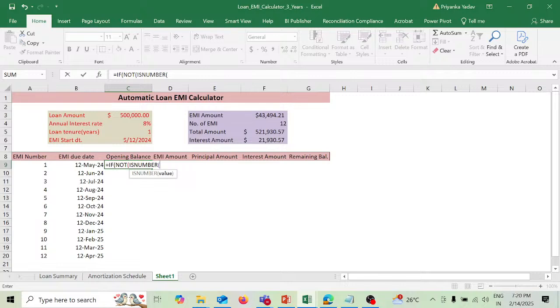As such, our opening balance over here is 5 lakh, but we are providing a logical condition so that it doesn't have the same figures all the time. As we change the figure, it changes over here. That is why we are providing a logical condition over here. So if this number over here